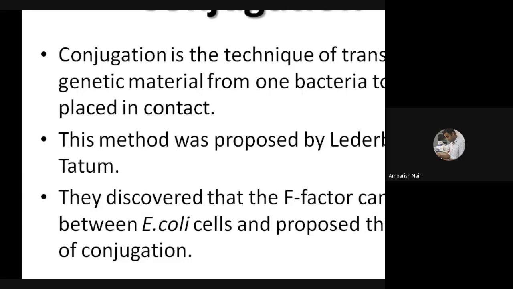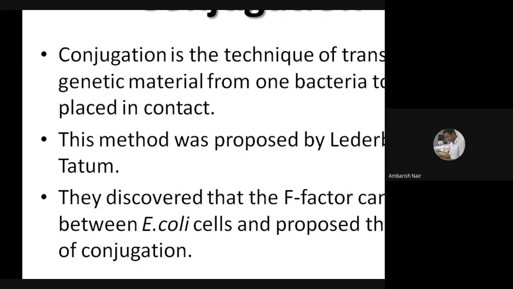Donor bacteria means the bacteria which donates its genome or maybe a portion of its genome. Recipient bacteria is the one which receives a portion of the gene. So in transformation and transcription, there is no connection between the bacteria, but in conjugation there is a classical cellular connection, I could say. Classical cellular connection in the sense that there will be a clear-cut bondage formation between the donor bacteria and the recipient bacteria.